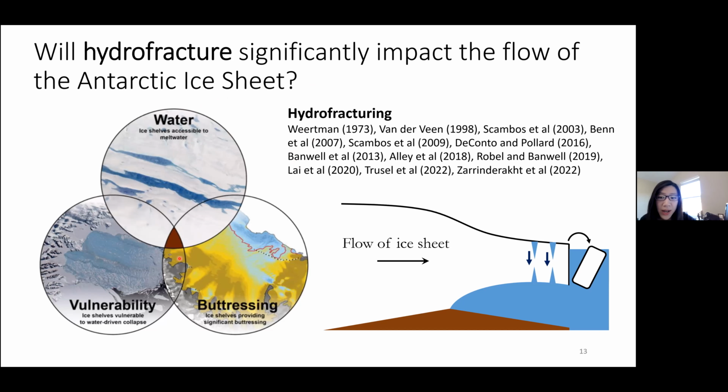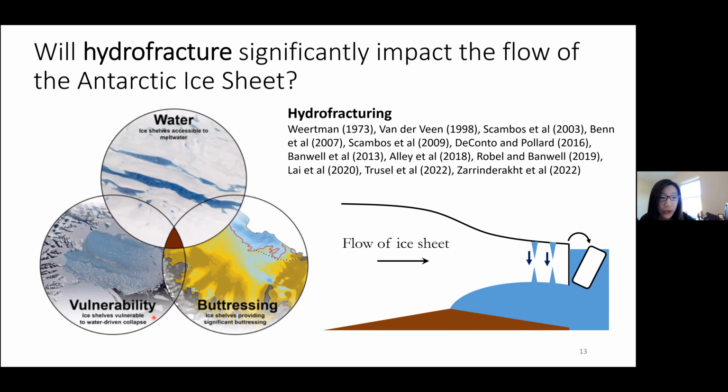To address this question, there are three components that are critical to consider. First, the existence of meltwater is essential for triggering hydrofracturing. And we also need to know the areas that, if collapsed, would have an impact on the upstream glacier, meaning the areas that provide buttressing stresses to support the upstream glaciers. Finally, we need to know the regions of ice shelves